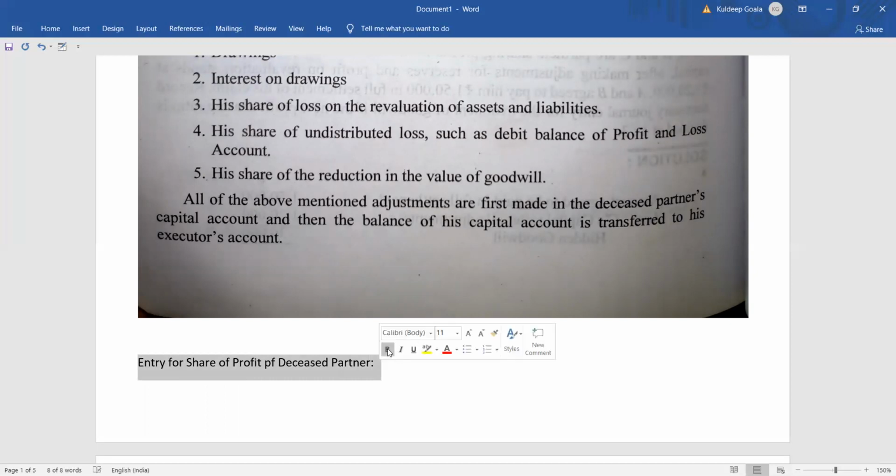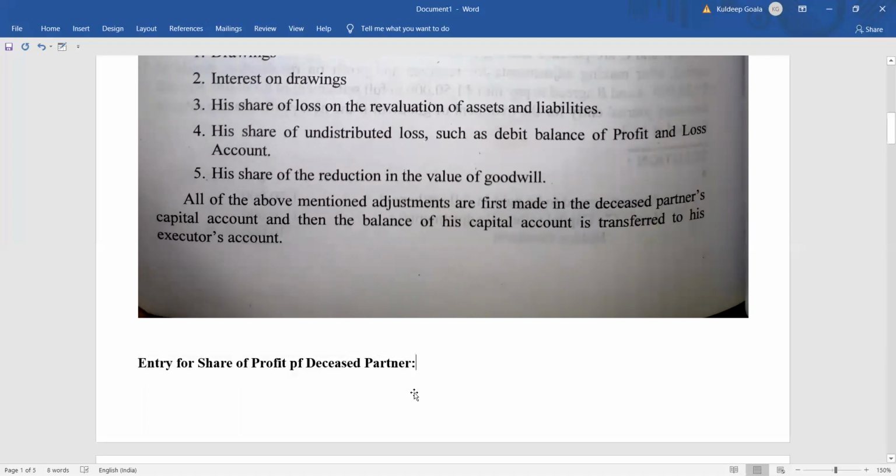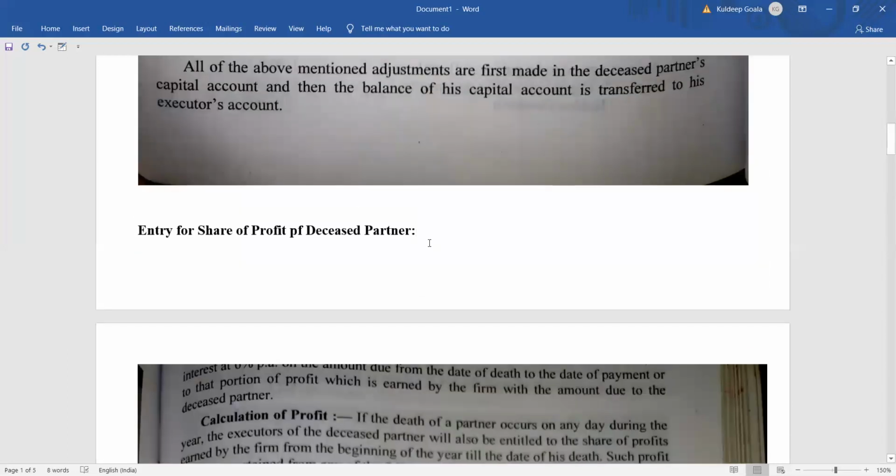याद रखना कि deceased partner जो होता है उसका जो profit बनता है, जो भी बनता है, okay, that will be transferred to the capital, okay, his capital account. And how it will be transferred? Since see, death is not certain, and that is why it may occur on any day, right? So in that case you are not aware of when this type of incident may happen. That is why partners generally already decide that if this type of situation arises, how we are going to settle it. Okay, so there are two ways of settling it.